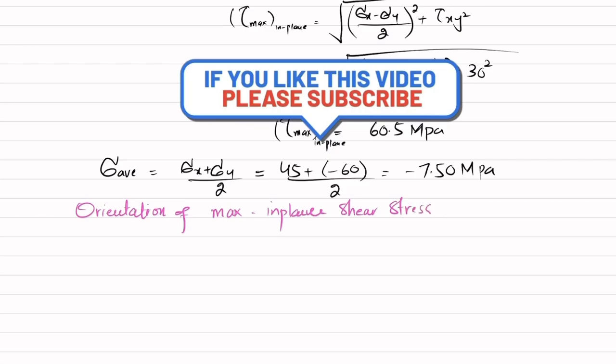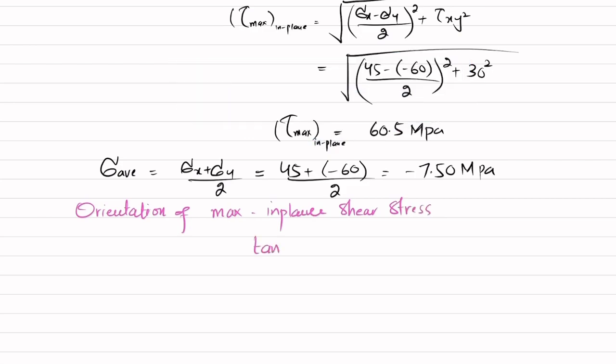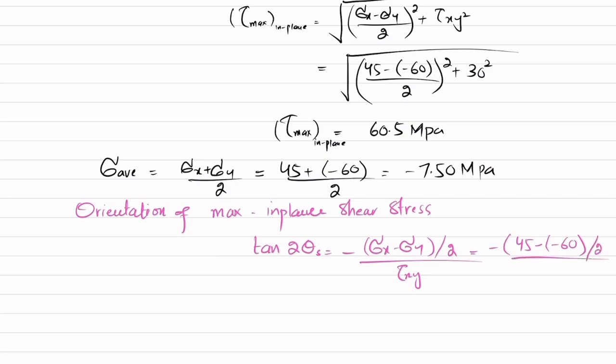So we can find it by using the formula tangent of 2 theta s is equal to minus sigma x minus sigma y divided by 2, and divide by tau of xy. So put the value: minus 45 minus minus 60, whole divided by 2, divided by tau xy, which is 30. So when you calculate it, you will get